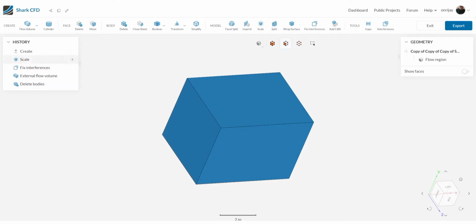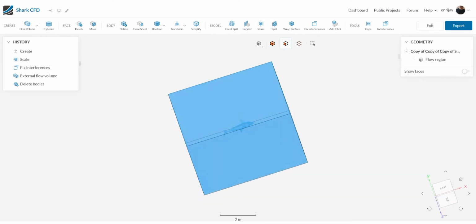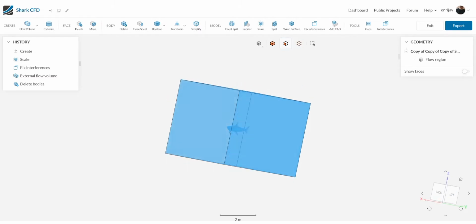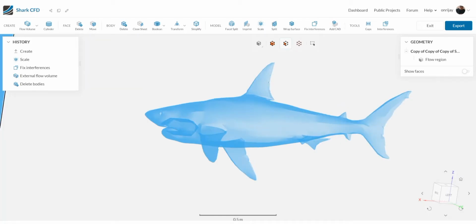There's a list of items in chronological order from top to bottom, in which an object was created and then imported, and then scaled down. So I scale down the shark here, and I can change the render mode here to show what's inside this box. So you can see here the shape of the shark is present within the box. And that shark, I created a hollow